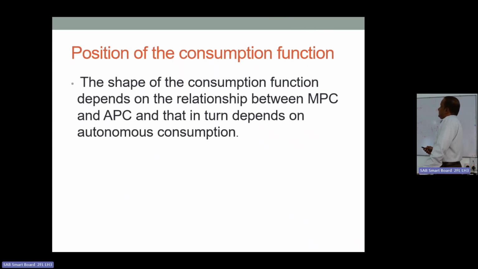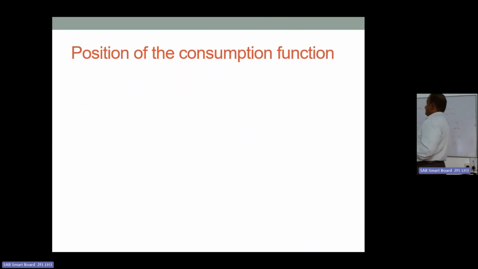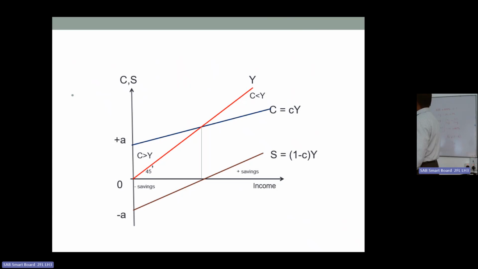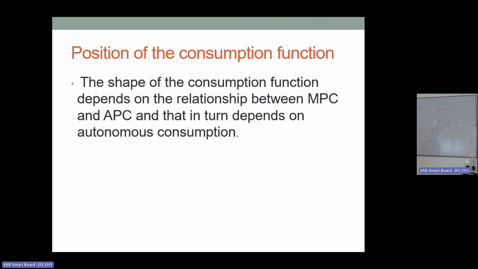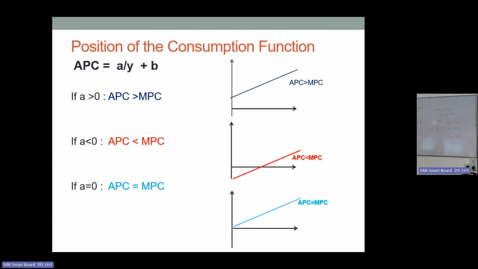So if you look at the position of the consumption curve, normally we go this way, with a positive slope. But the position can be changed. How can the position be changed? Sometimes it goes through the origin. Sometimes the consumption function looks like the saving function, starting from the negative. Sometimes it starts from the positive. It depends on